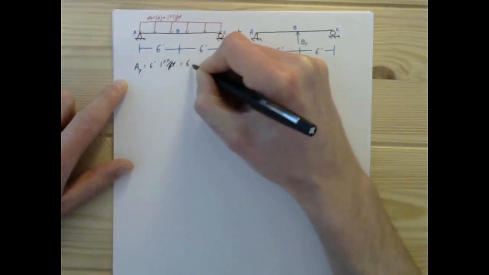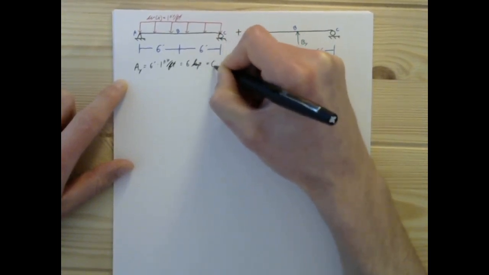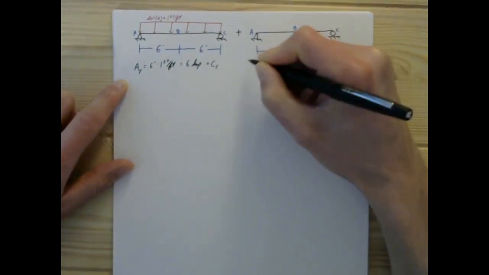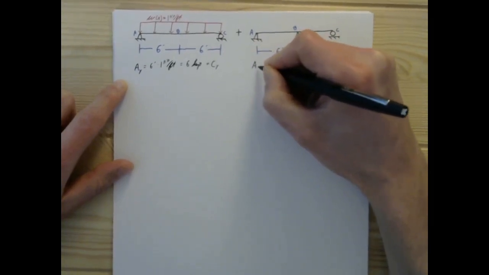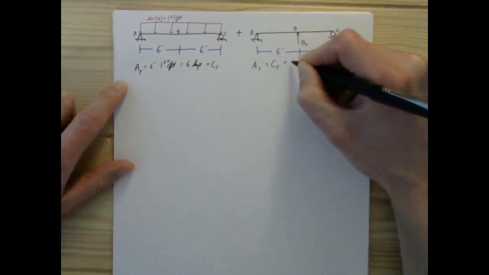Turns out that's 6 kips, which is also going to be CY. And over here, AY, that's going to equal CY, and it's going to equal BY